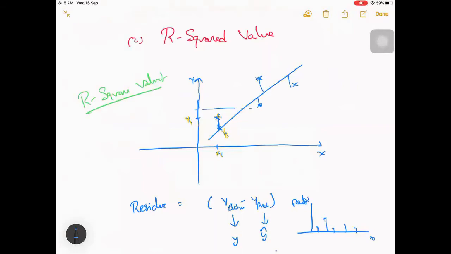So the y mean is a line, y equal to 25, which will be something like this. Okay, so we are actually plotting that.